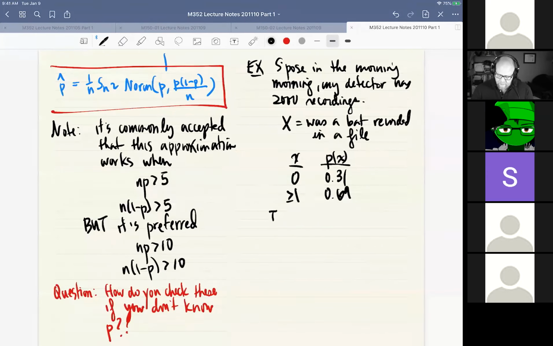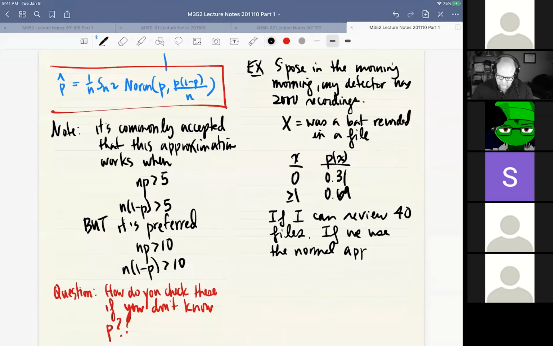Suppose I can review 40 files. That's how much time I have. If I take 40 files, then I've got a sample size of 40, which is bigger than 30, and so the central limit theorem allows me to use the normal approximation